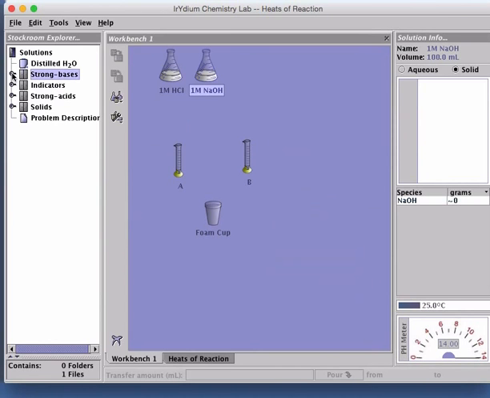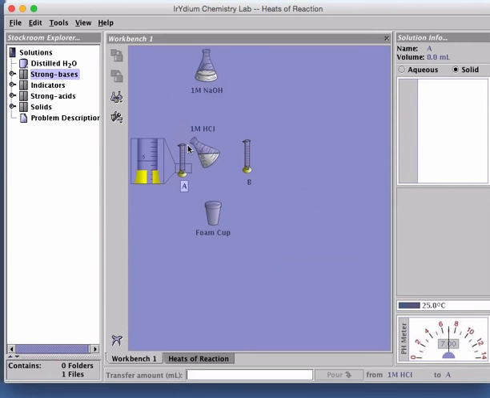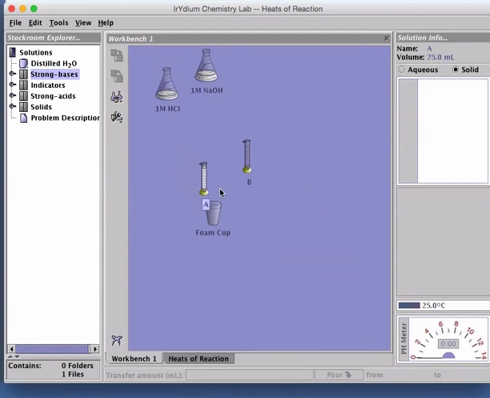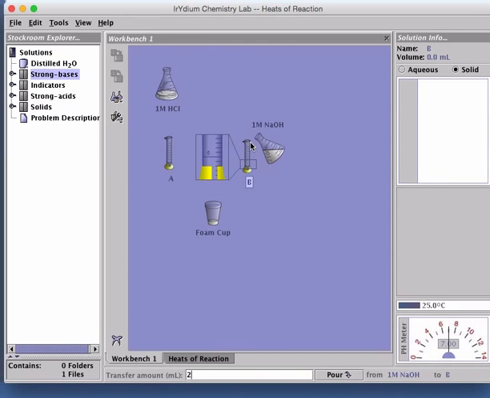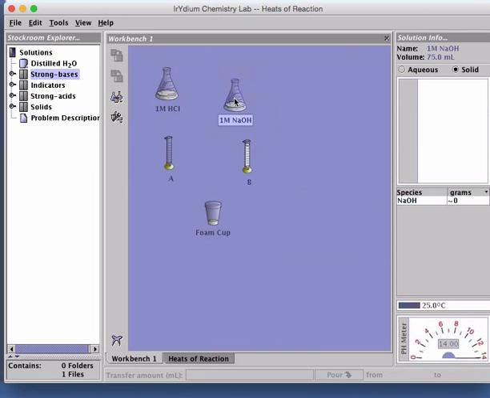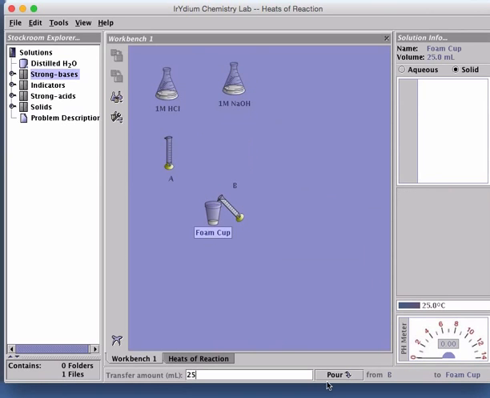Close the cabinet. Transfer 25 ml of hydrochloric acid into graduated cylinder A. Pour the hydrochloric acid from graduated cylinder to foam cup. Note the temperature on the thermometer. Measure 25 ml of sodium hydroxide in graduated cylinder B. Pour the measured sodium hydroxide into the foam cup.